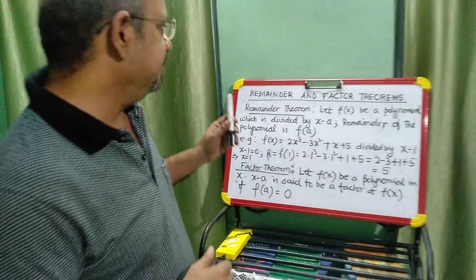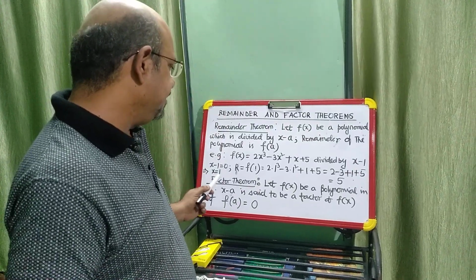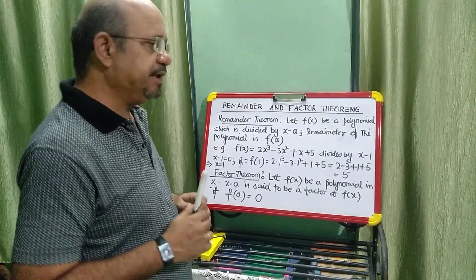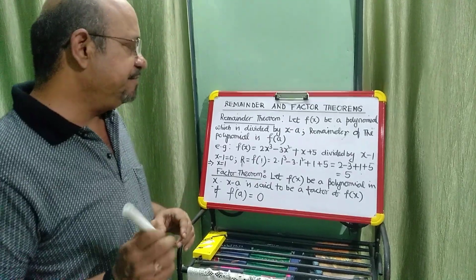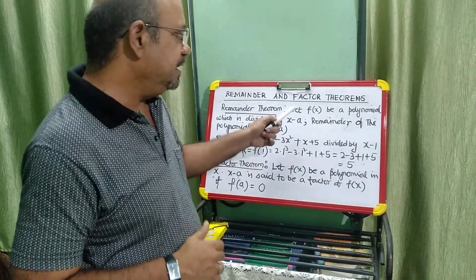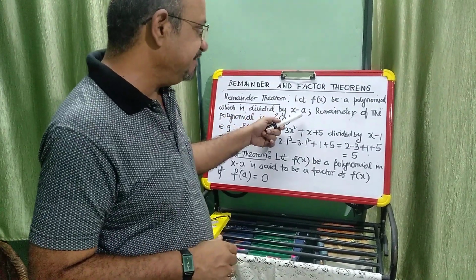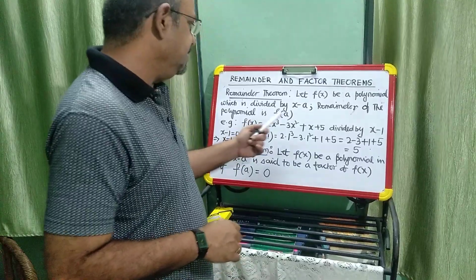Let us learn in this video the statement of the remainder theorem and also the statement of the factor theorem. First we take up the remainder theorem. We know f(x) is a polynomial in x, and here goes the statement of the remainder theorem. Let f(x) be a polynomial which is divided by x minus a, then the remainder of the polynomial is equal to